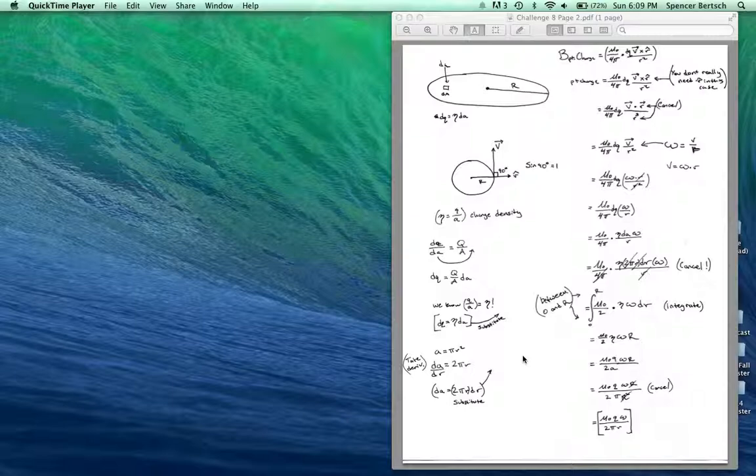And then you're almost done, but you want this to be in terms of q instead of eta. So we can resubstitute mu naught over 2 times q divided by A for eta, because we just know that eta is the charge density, and that's how much charge is over that little unit area. Or now it's the area of the whole thing, but still, eta is equal to q divided by A. So we can resubstitute that, omega r, and then